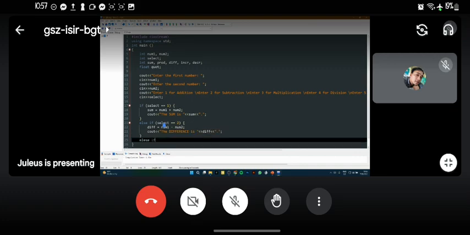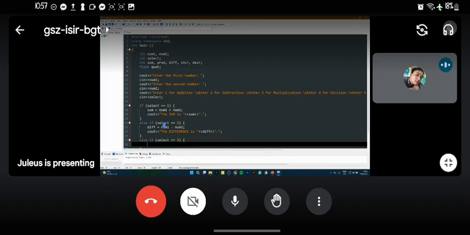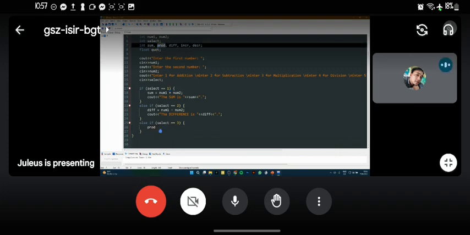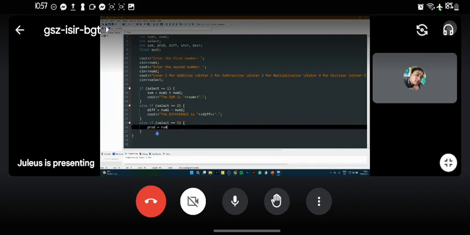And then else if he entered 3, that's multiplication. Therefore, product. Since we use prod, prod is equals to num1 times num2. What do we use in multiplying numbers? Asterisk.